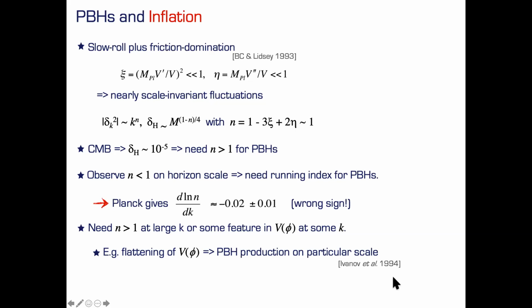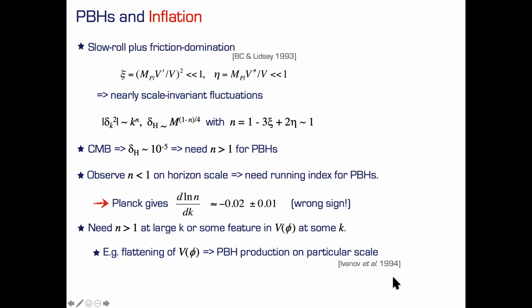Now, I told you that you need these large fluctuations, so the density contrast should not be of order 1, but sort of on the way, about a half. But we know from the CMB that we have fluctuations which are tiny, 10 to the minus 5 on average. That means, if you have this form, k to the n, n needs to be bigger, so that when you go to smaller and smaller scales, you would reach a large amplitude. But actually what we observe in CMB experiments, like Planck, is something completely opposite.